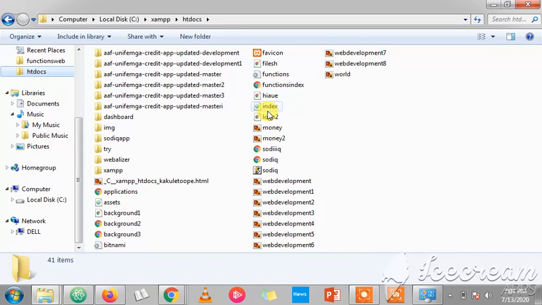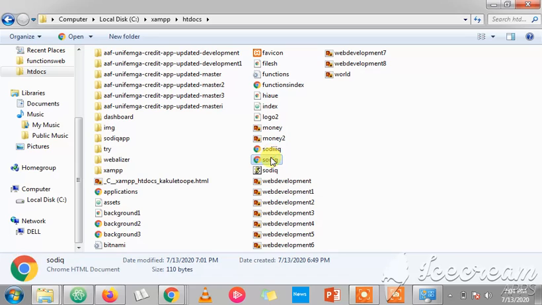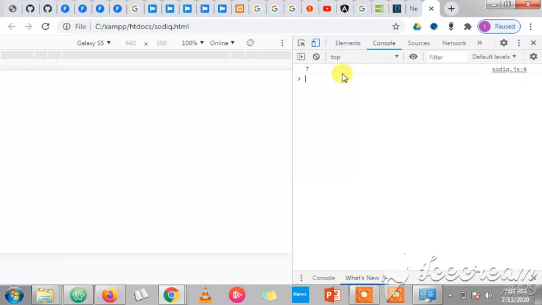If I run this in my Chrome browser and click inspect, that will bring us to our console. So you can see now that 7